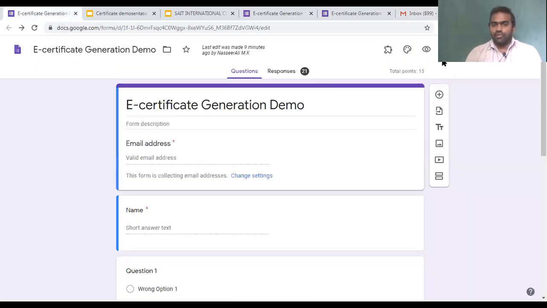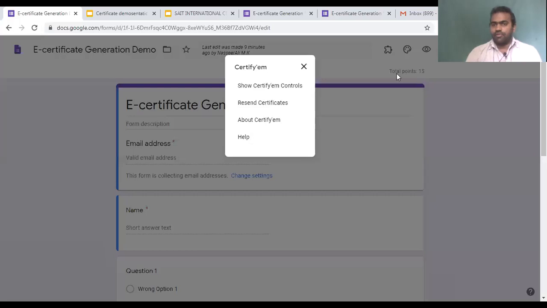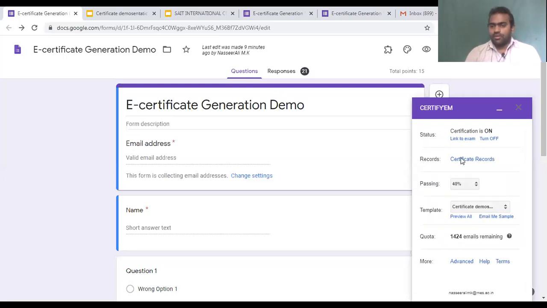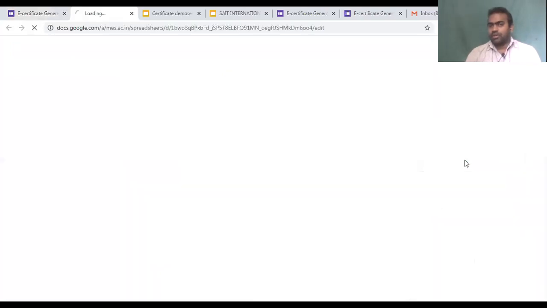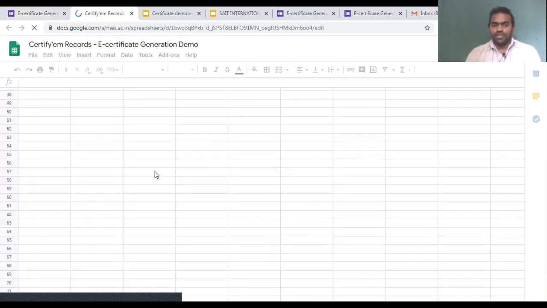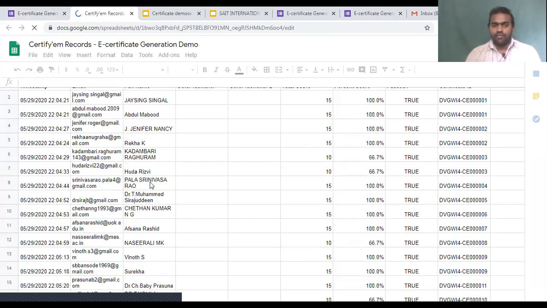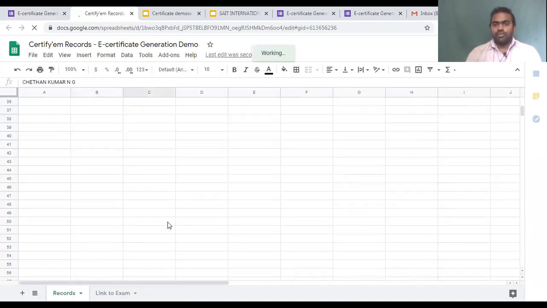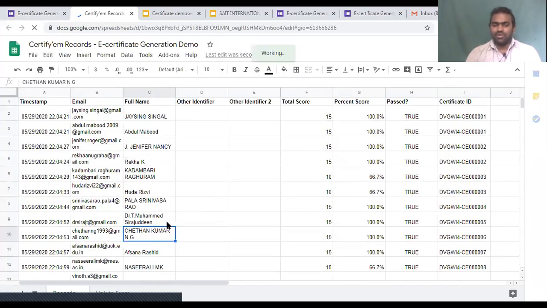And again, if you need to know the certificate details, you click on show certificate controls. Now, after that, you click on certificate records, so that you get a record of all the certificates. So if somebody comes and takes a certificate, you can identify that. Even their Gmail ID, you can come to know. But whenever you organize, don't give access to all, because people will share it to others who did not participate in the program.